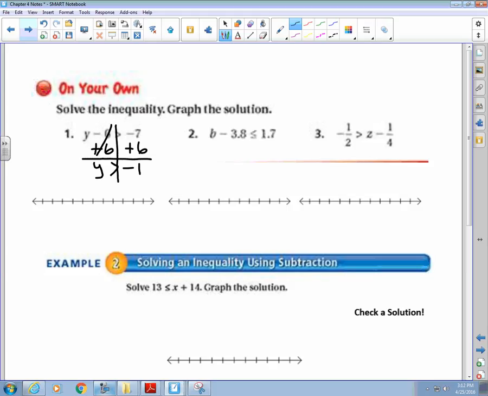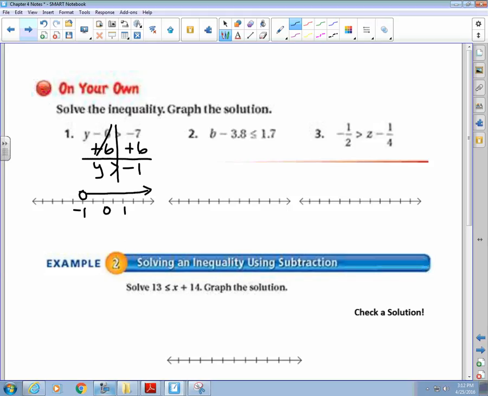So I'm going to go ahead and put that on my number line. I'm going to graph it. Let's say this is 0, and let's say negative 1 is over here. Positive 1 would be over there. I don't really need any more than that. So y is greater than negative 1. Negative 1 is my starting point. It says greater. It doesn't say equal, so I'm just going to put an open circle at negative 1. And it says y is greater than negative 1, so the arrow must go to the right, where greater is